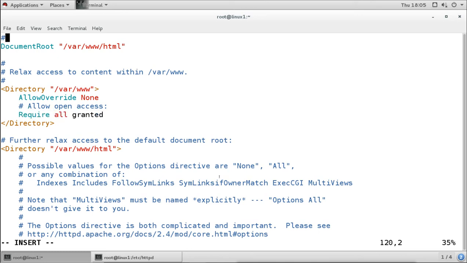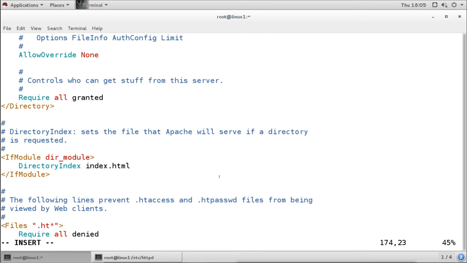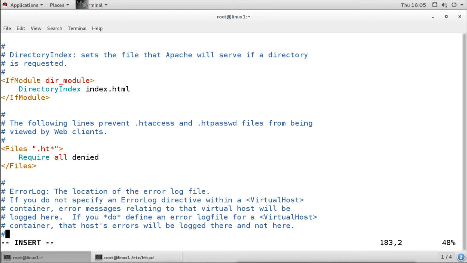Then after this we have the other configurations, like it is loading the module for directory, and here it is deciding the document root directory, and the directory index file. That means what will be the file name of our home page, and here it is saying index.html. So if your home page file name is different, then you should rename the file. Otherwise, we can change the configuration here for the default name.